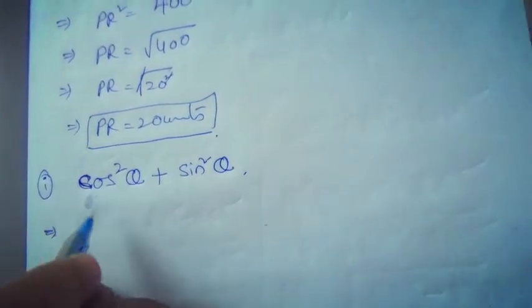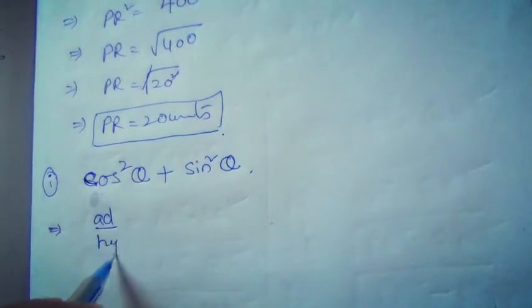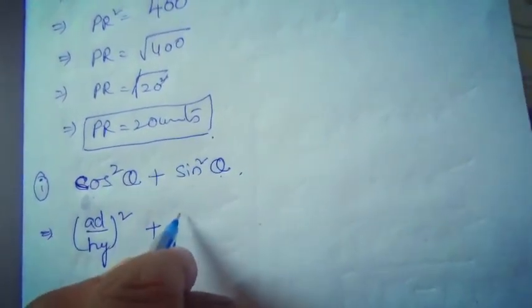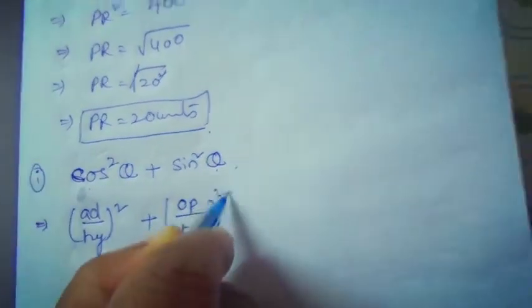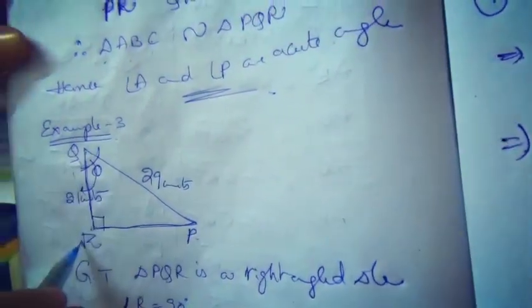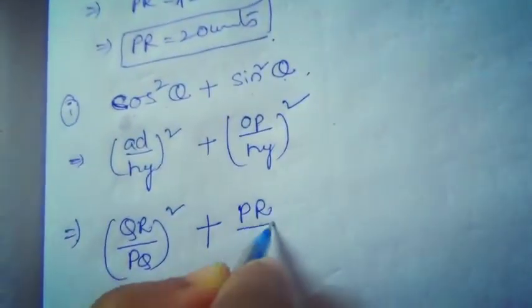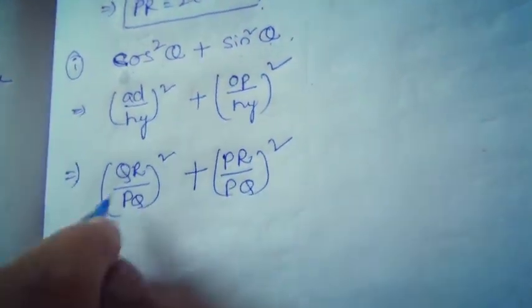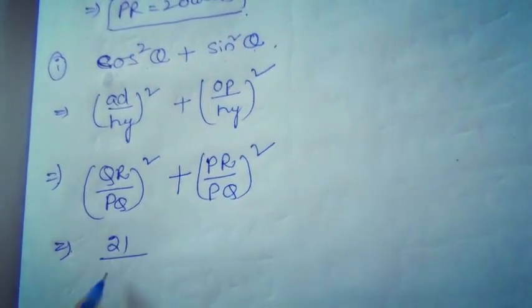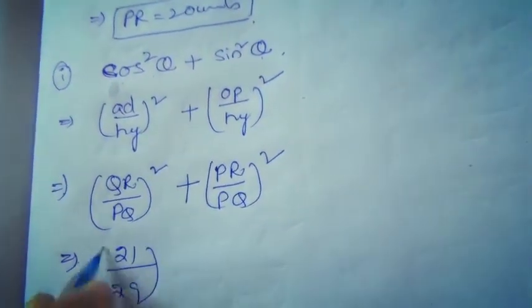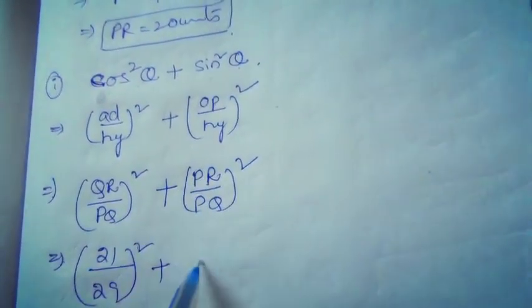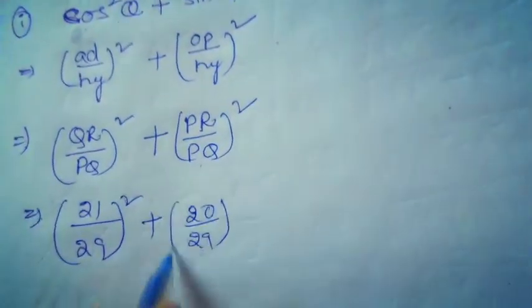Okay, that implies cos means adjacent by hypotenuse, whole square, plus sin means opposite side by hypotenuse, whole square. Okay, so what is cos theta? For cos theta, what is the adjacent side? QR. What is the hypotenuse? PQ. Okay, so QR by PQ whole square plus, here what is the opposite side? RP. So PR by PQ whole square, that is equal to, what is QR? That is 21 by PQ. What is PQ? 29 whole square plus here PR, that is 20 by PQ, 29 whole square, that is equal